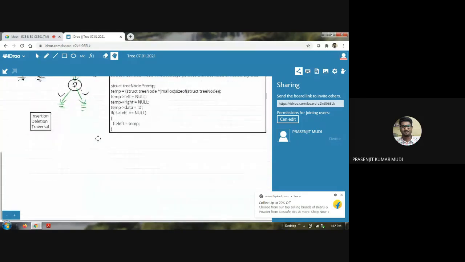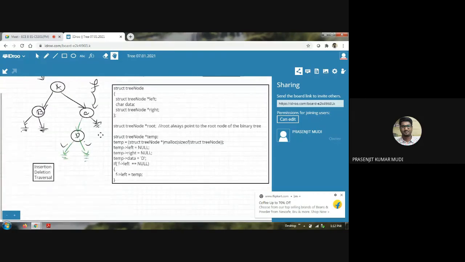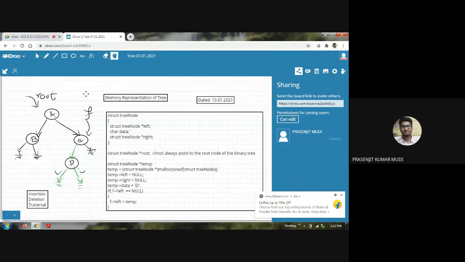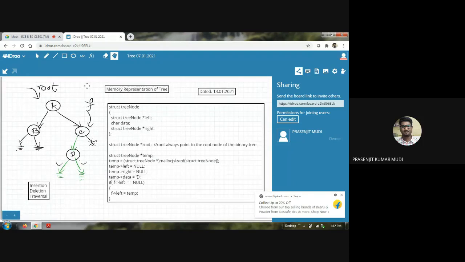So another topic, this is a linked list representation of binary tree. Another topic which we want to discuss over here, because we want to start the program implementation in the next class, but not using binary tree, but using binary search tree. Why? Because binary search tree is based on some policy, but binary tree does not have any such policy.